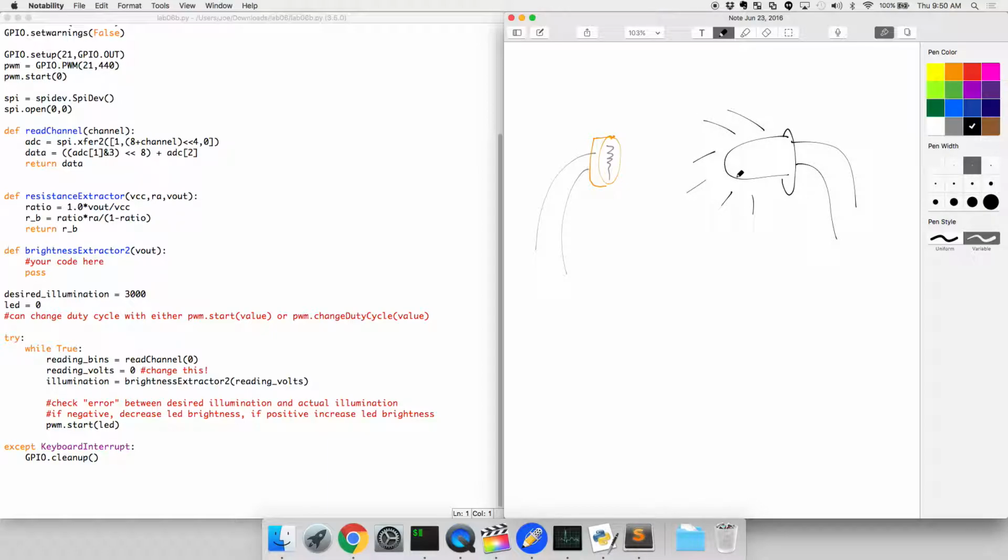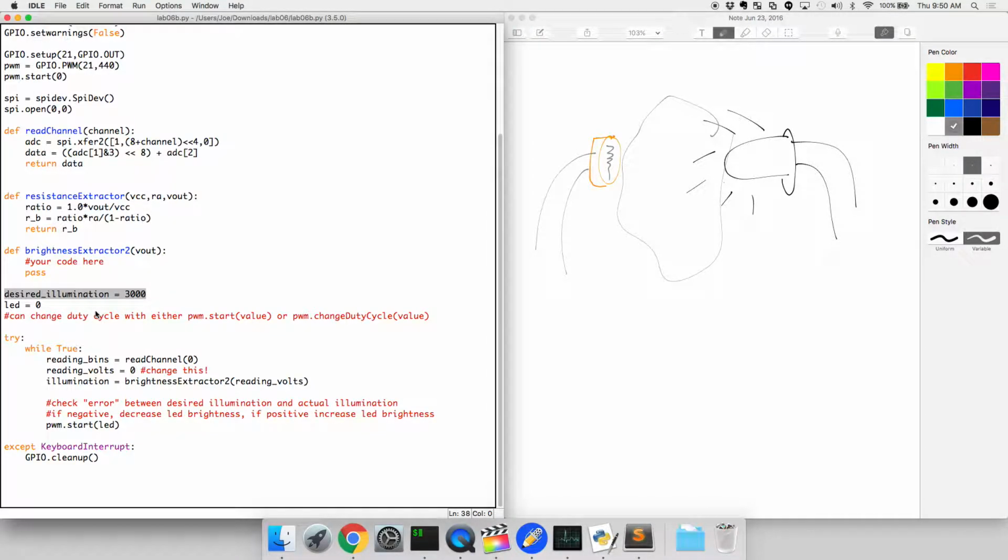I don't care. Well, what I want this system to do is maintain a certain level of brightness in this region right here, okay? And I want it to do that by going over here, and that illumination, I want it to be contained in this variable desired illumination, okay? And the idea behind this code is, again, the brightness extractor, you just copy this from Lab 6A, but we're going to take a reading, you're going to have to convert it, all right? We're going to figure out the illumination,